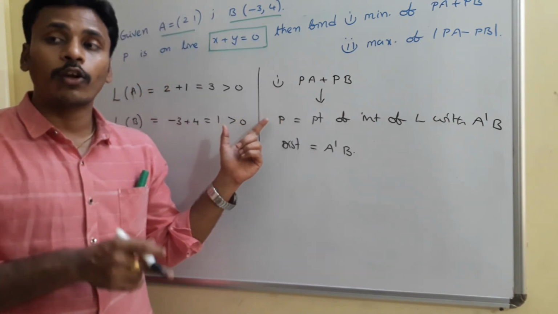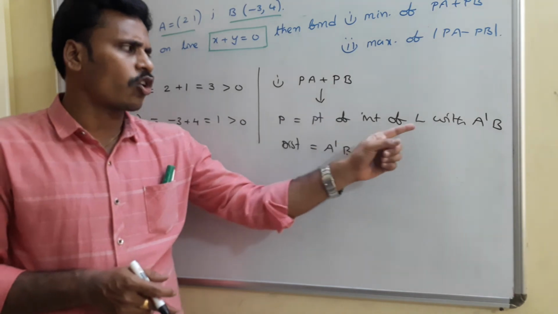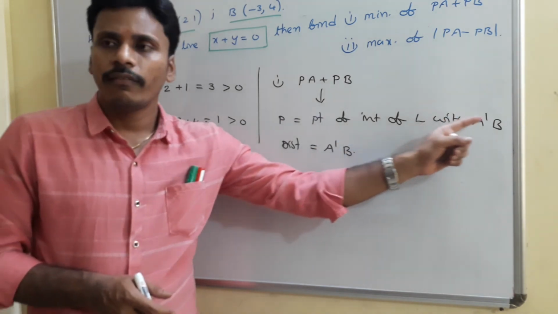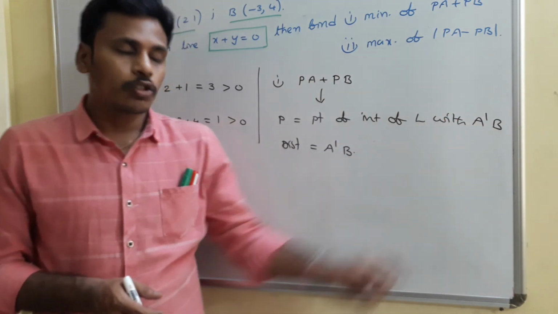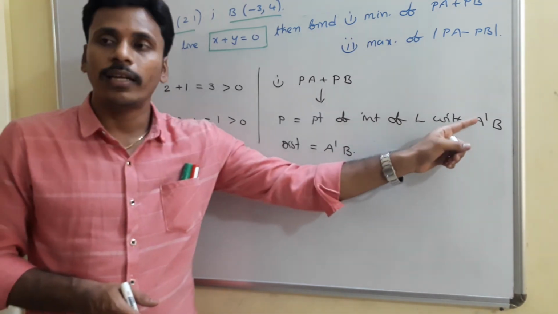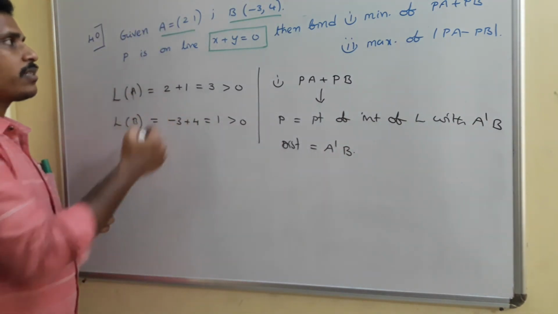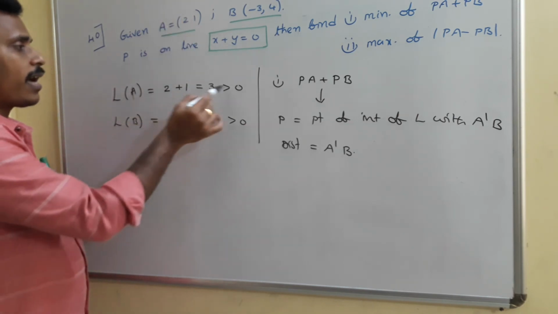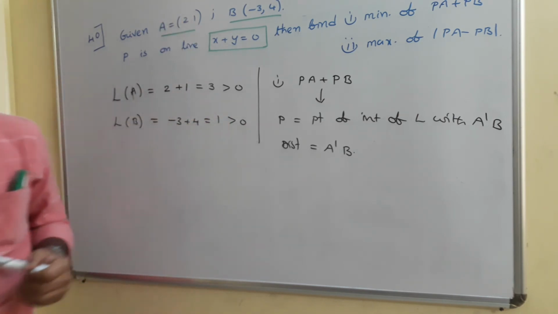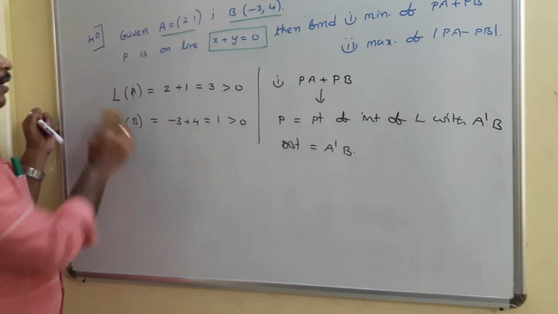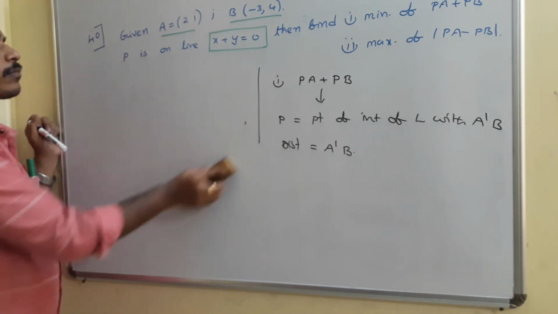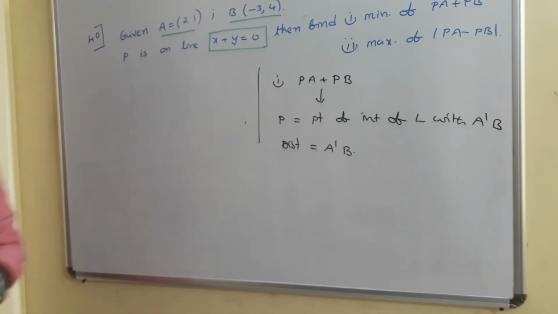If you wish to calculate P, it is just solving the given line L with the line equation A dash B, right? So for both answers, first of all, what do we need? We need to find A dash. So I will erase this. From this it is very clear they are on the same side, so that's already decided. Okay. That's why I will erase this. Then how to find A dash? Just think a while. How to find A dash?